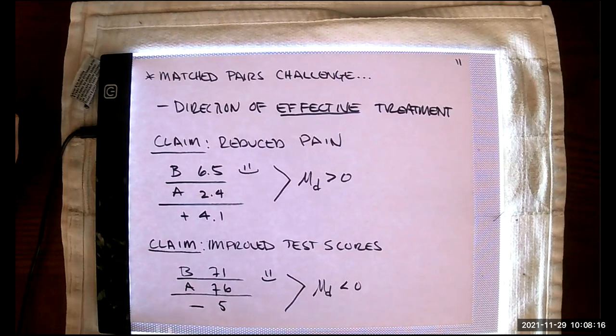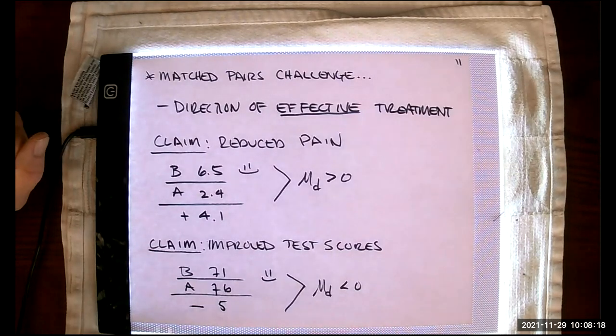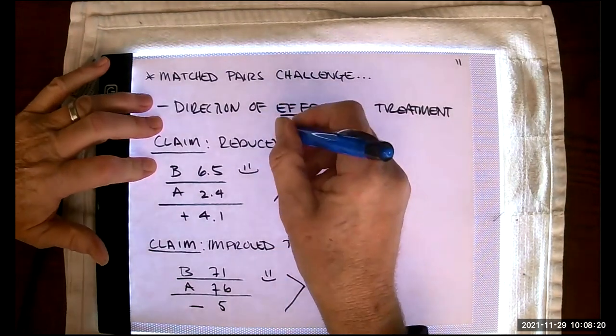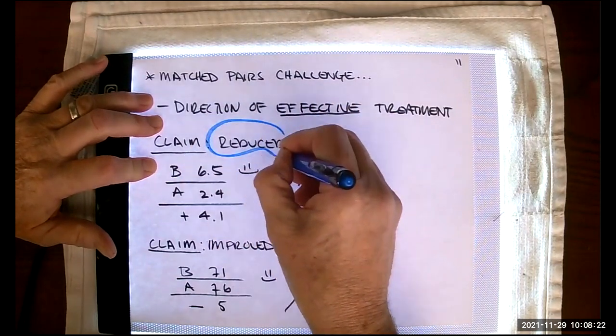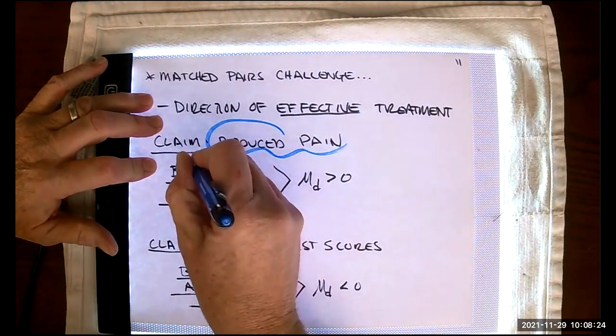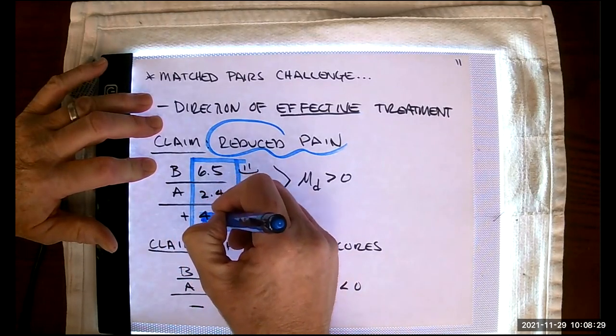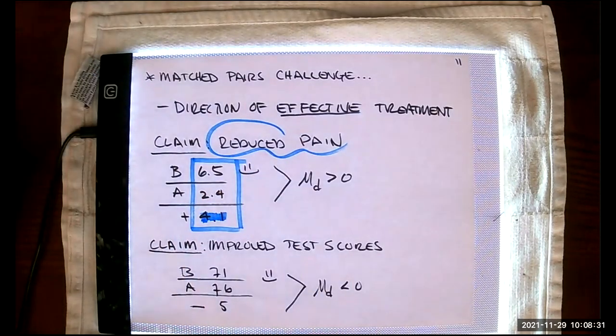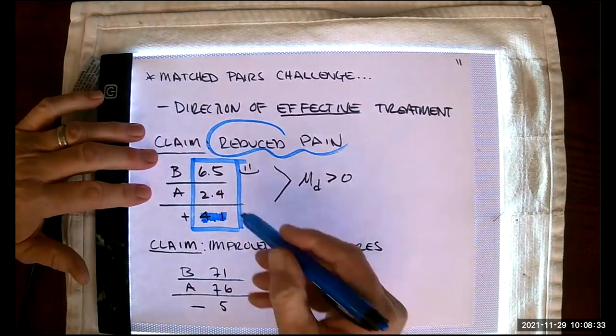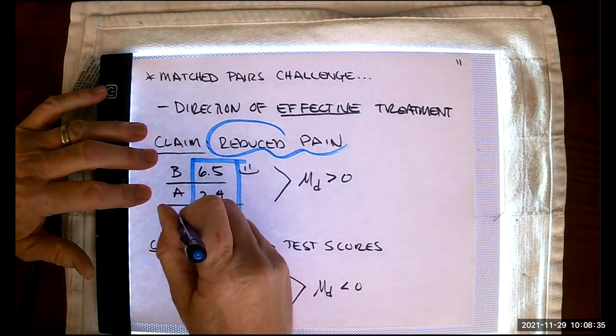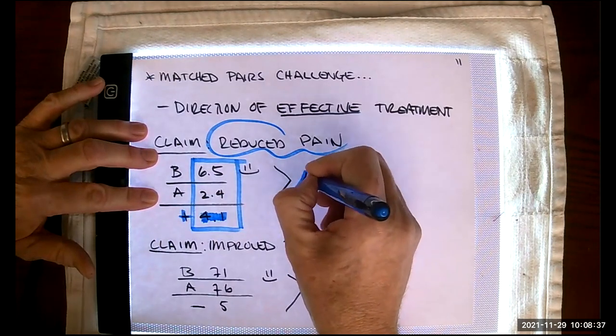For example, the last problem we looked at, the claim of reduced pain. We saw for that person, the first person who actually had a reduction of pain, that the difference was a positive value. Therefore,